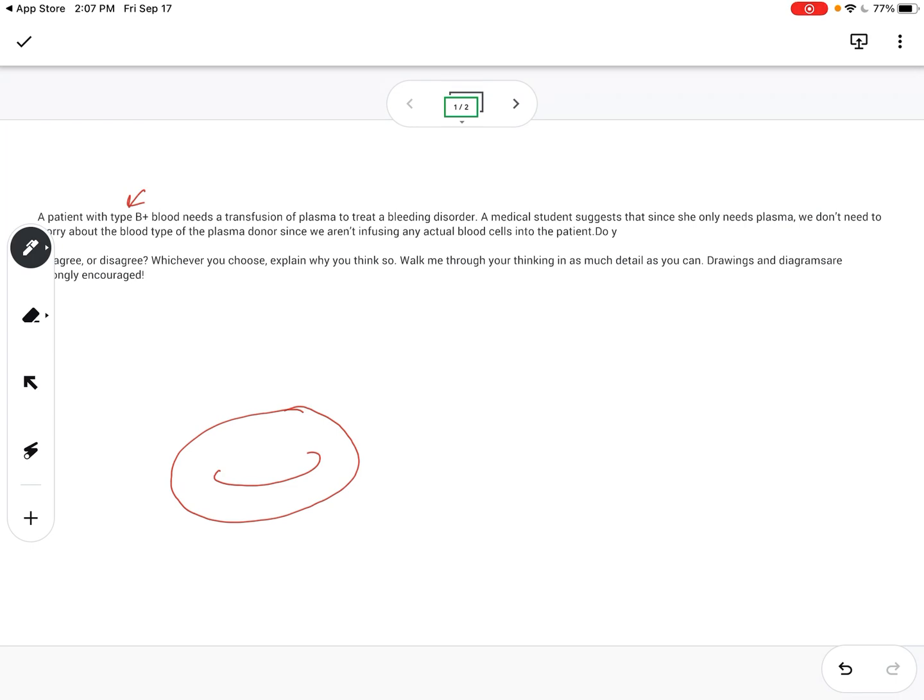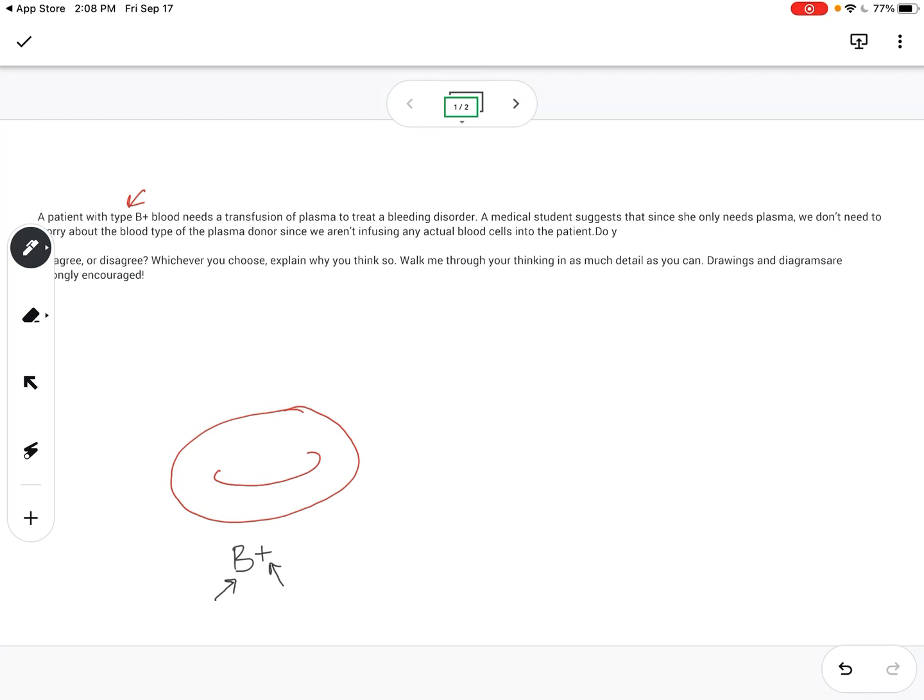So what we're focused on here is if this is going to be a B positive red blood cell, we have to figure out, does this patient, who is B positive blood type, have any antigens sticking up off the surface of the cell? Some people have none. So is that the case with this patient? So we have two different factors here. We've got the ABO blood group, so the B part, and then we've got the positive part. So those are two different pieces of information about different kinds of antigens that could be on this red blood